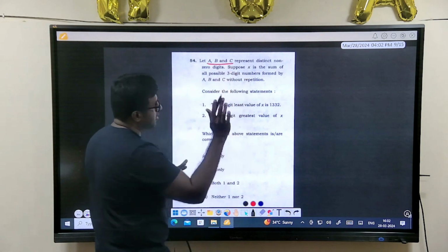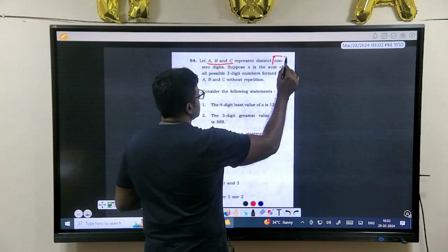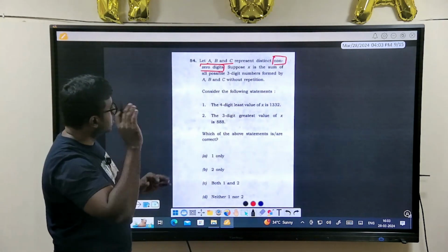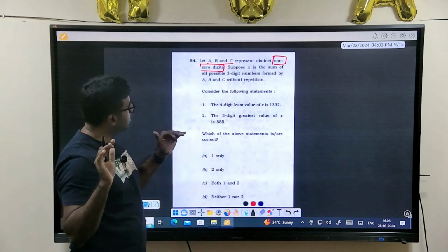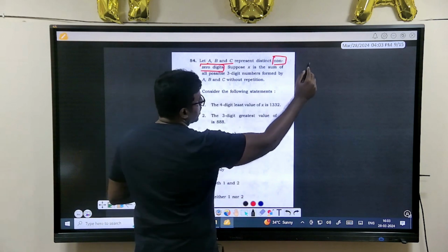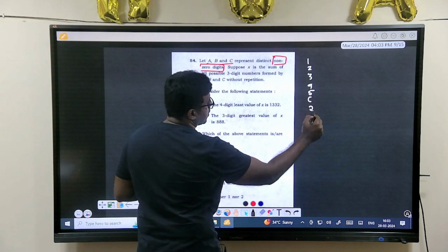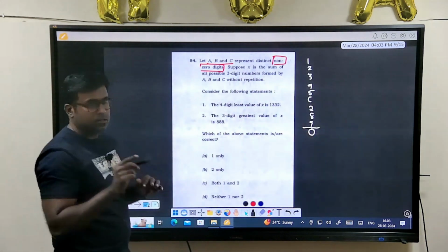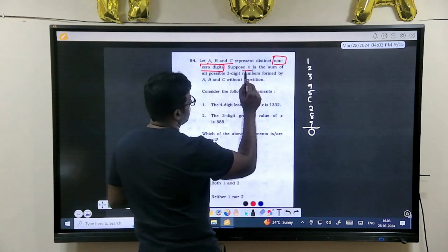There are 3 numbers. They are distinct non-zero digits. Not numbers, non-zero digits. ABC represent digits. That means they are like 1, 2, 3, 4, 5, 6, 7, 8, 9, not 0, because they are saying non-zero. Suppose x is the sum of all